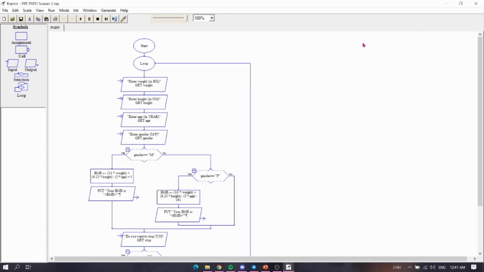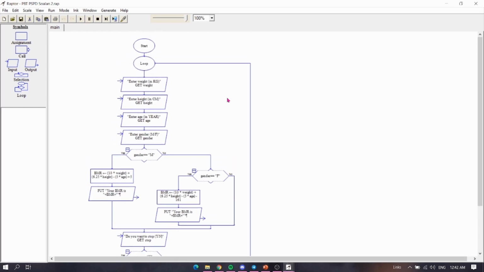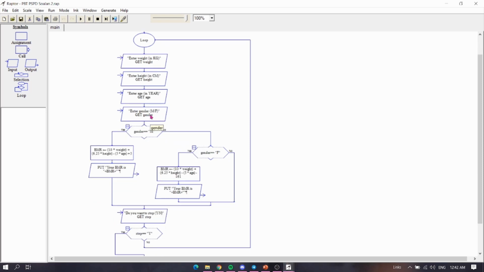Alright, so this is the answer for question 2. This is the flowchart that me and my team came up with for this question 2. You can see this question also has a loop in it. So the first thing to do is we put a selection loop first, and then for this question it has 4 inputs, which are weight, height, age, and gender. So we put 4 inputs here. First one, enter weight in kg, enter height in cm, enter age in year, and lastly enter gender M/F,